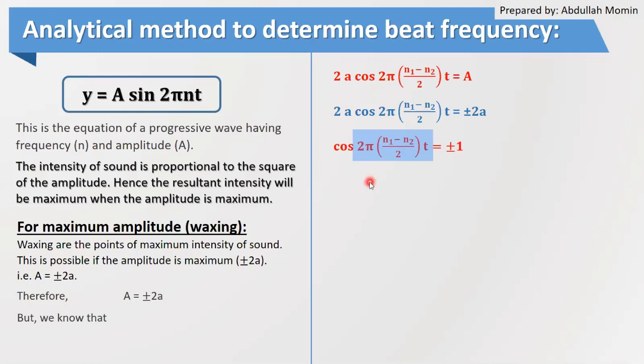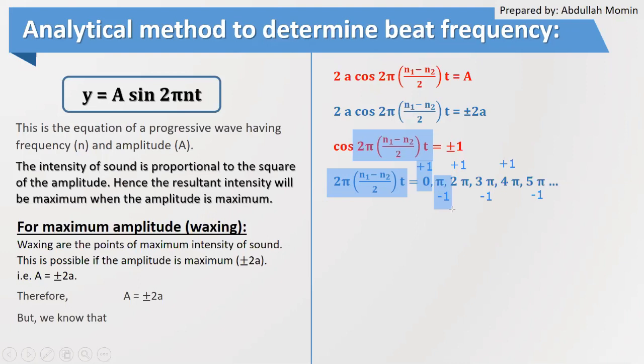That is the only condition when we will get cos theta equal to plus 1. So we will write (2π(n1 − n2))/2 × t is equal to 0. When this bracket is equal to 0, we will get cos 0 as plus 1. When we put the value of (2π(n1 − n2))/2 × t as π, we will get cos of this.